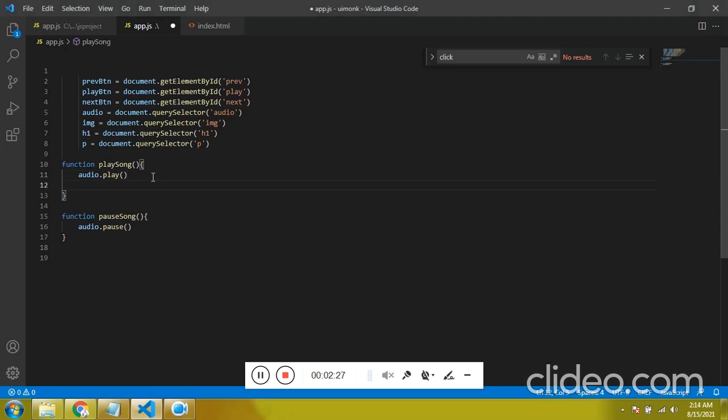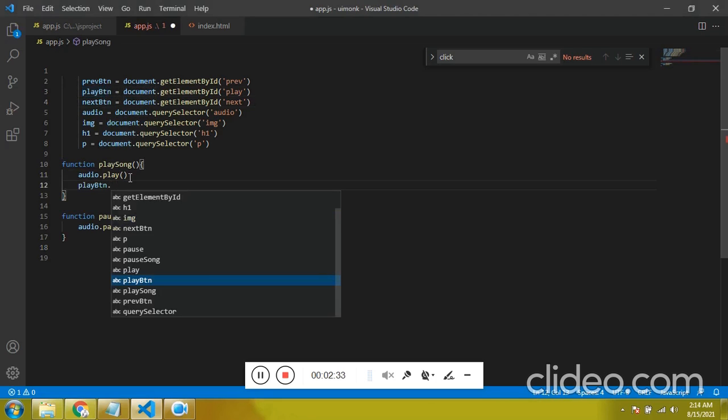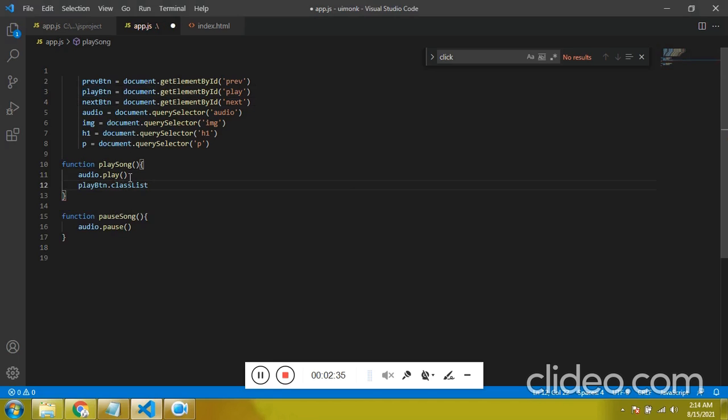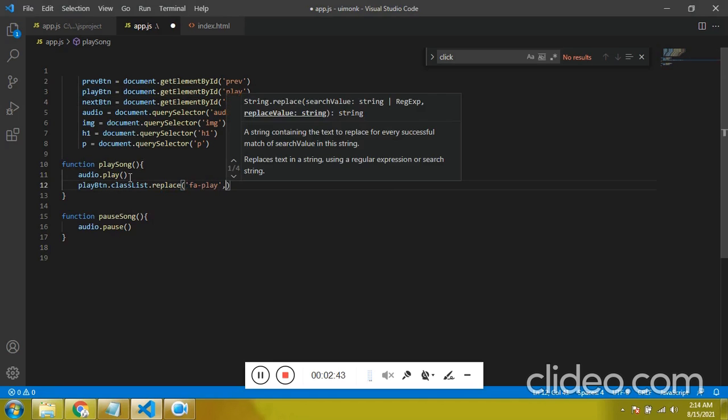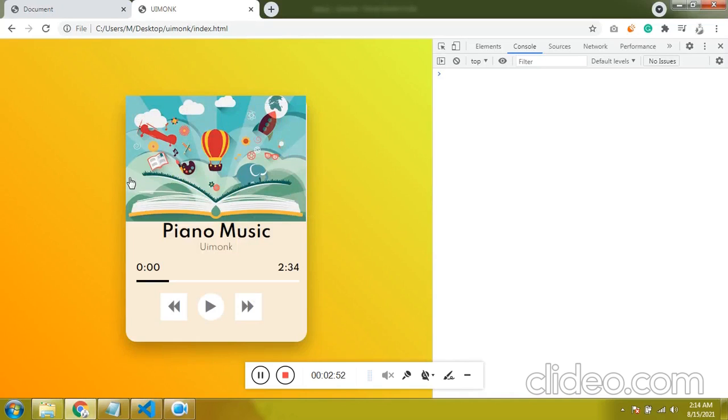So for that, get the play button, and it has a classList property. We can access the class. We want to replace the Font Awesome icon play with the Font Awesome icon pause. I refresh this.